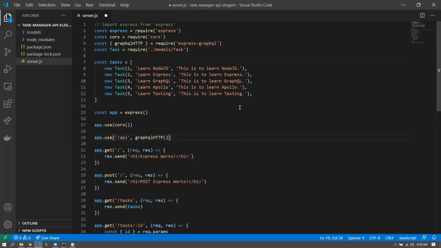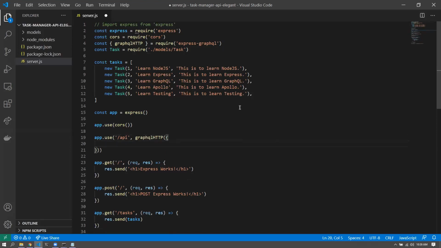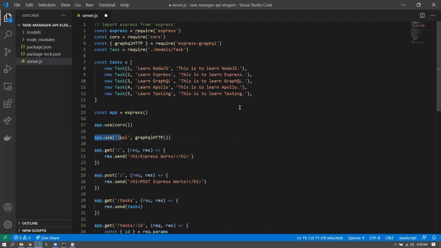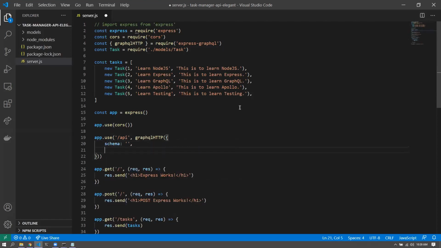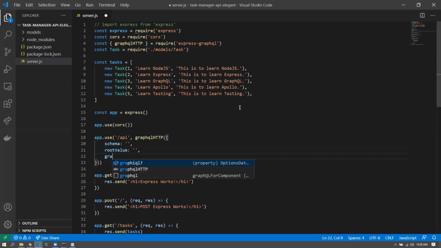All right. And this GraphQL HTTP middleware accepts 3 arguments or 3 keys inside an object. So the way we implement is we designate a URL. App.use means all the requests, all right? And we designate a URL called /api for the GraphQL, and use the middleware GraphQL HTTP, which would be anything like a middleware function is. And it accepts an object as an argument, and minimum 3 keys. One is called schema. I'll come back to this. What is schema? And then there is something called rootValue, and then there is something called graphiql,